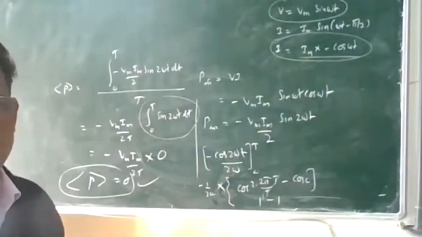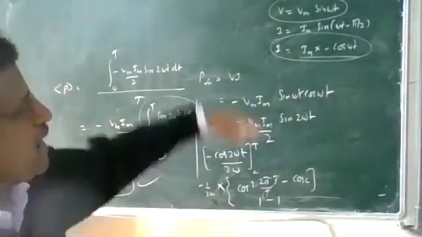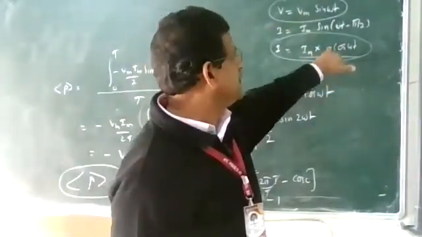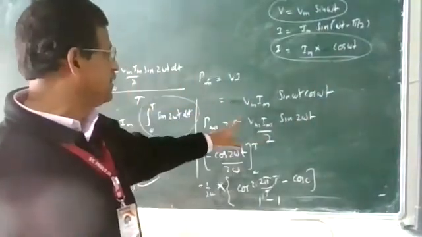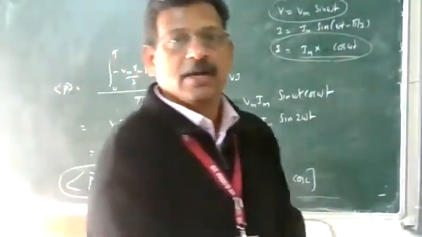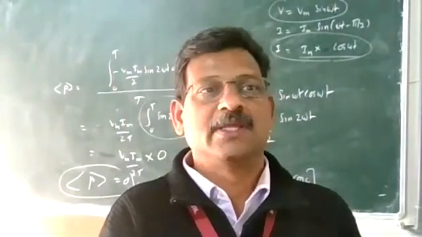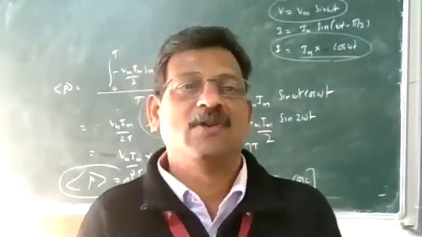So is there any device to control AC without any power loss? Yes, it is the inductor. The capacitor has the same equation, but here we put a minus sign, only that change. Exactly the same process, with the minus sign, and the final value is equal to 0. So the capacitor and inductor are both devices that can be used to control AC without any power consumption. And the resistor, of course, will consume power.